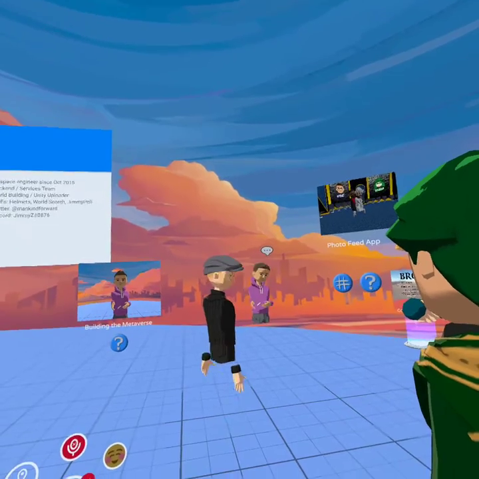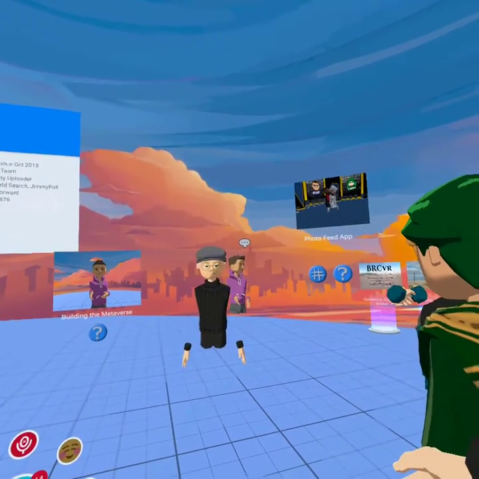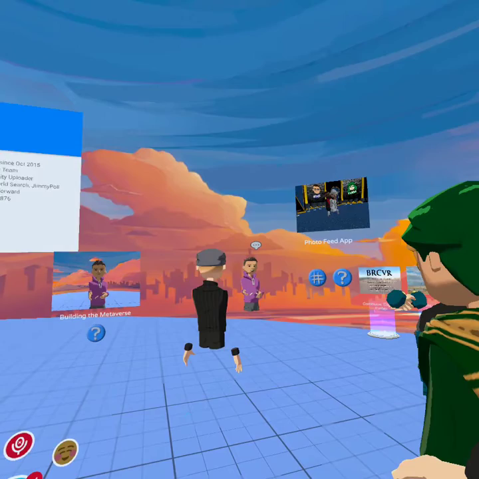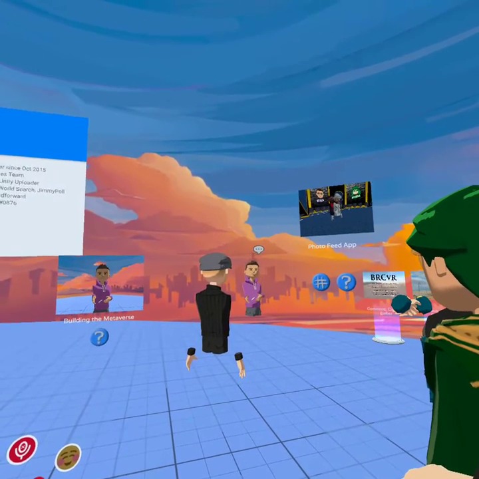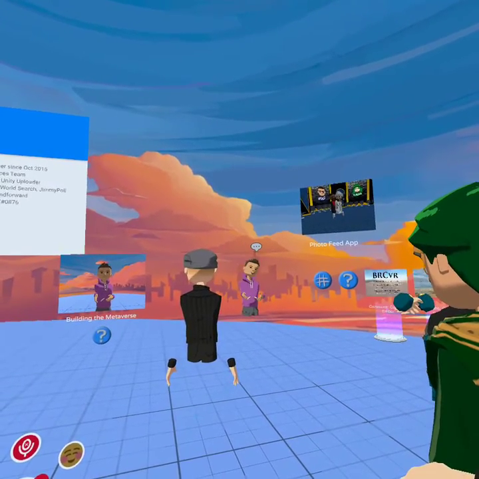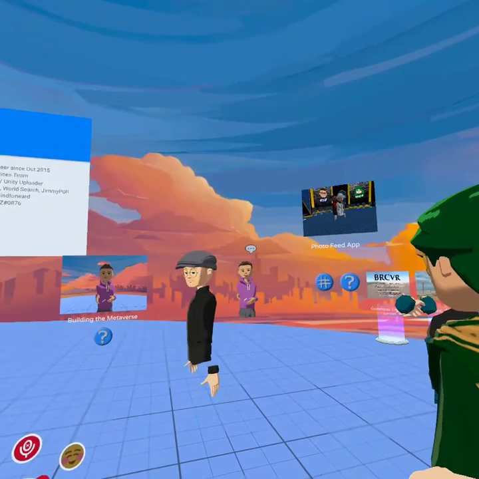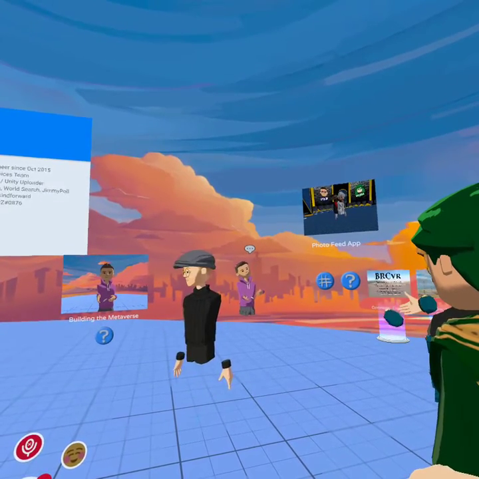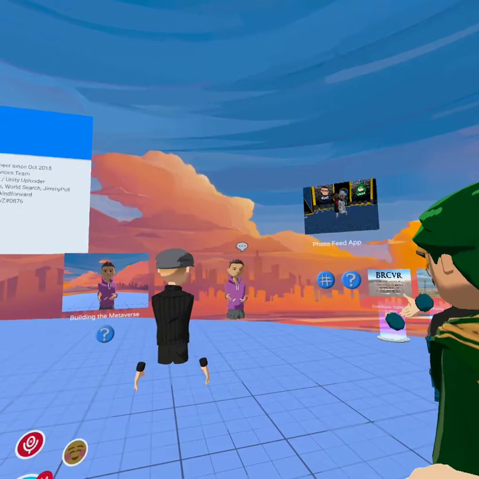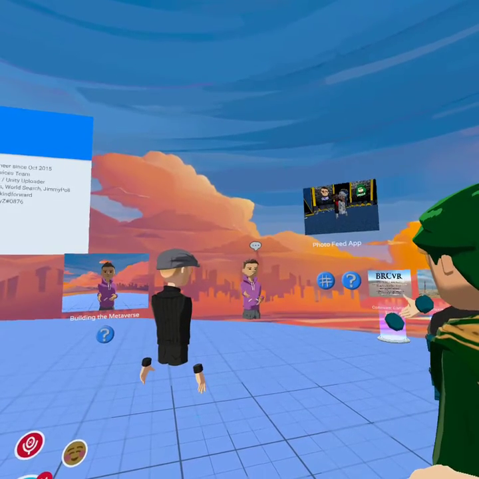History doesn't quite repeat itself. No, no, it rhymes, right? I think the same thing will happen with the metaverse. Everyone's like, oh, it's just gonna be like Discord, or it's just gonna be like games, and it's like, no, not really. It's not quite gonna be the same. It's gonna be its own thing.